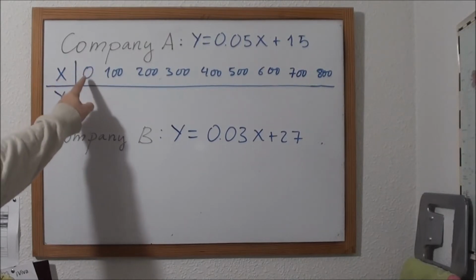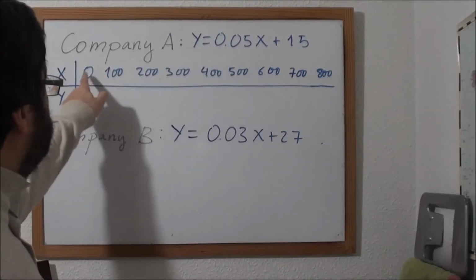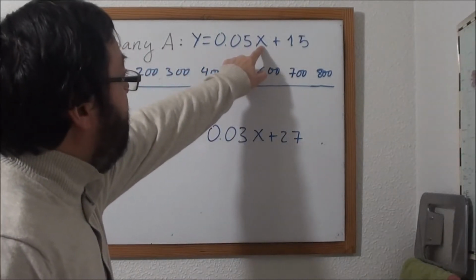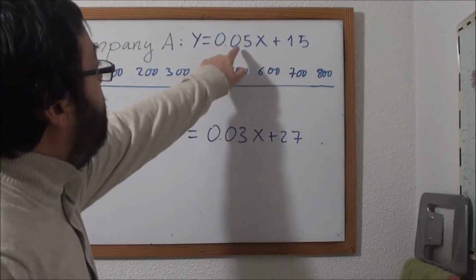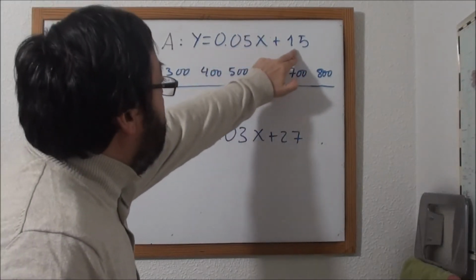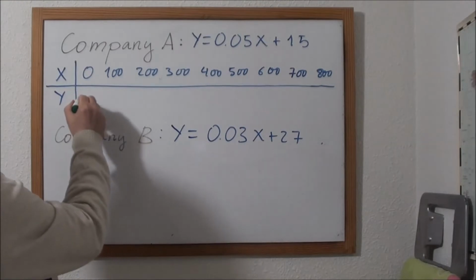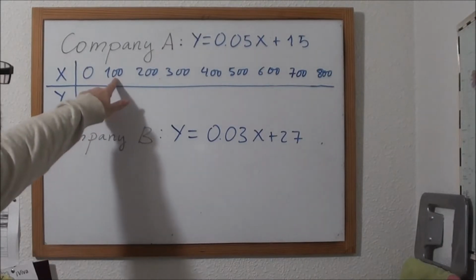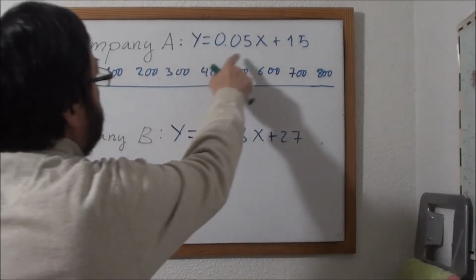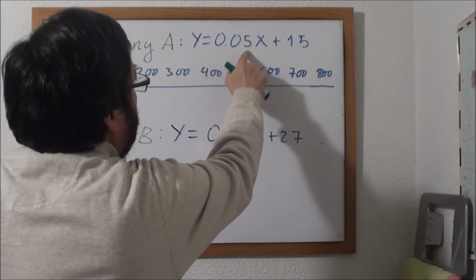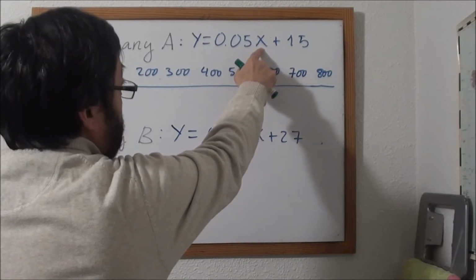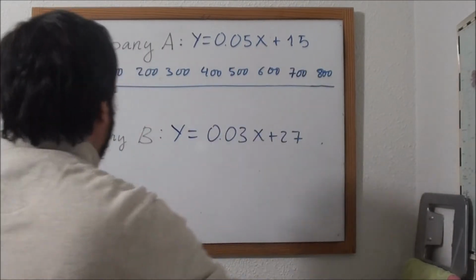0 minutes. If we talk 0 minutes, let's take this 0. This is a value of x. So let's replace it by x. 0 times 0.05 is 0. So I get 15. So for 0, I get 15. Okay? For 100, let's replace it here. 0.05 times 100 is 5. Plus 15 is